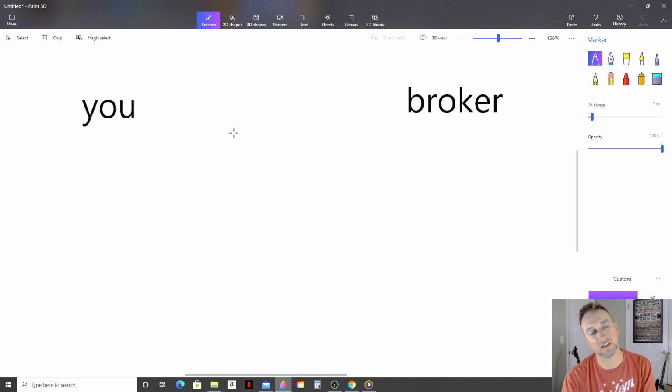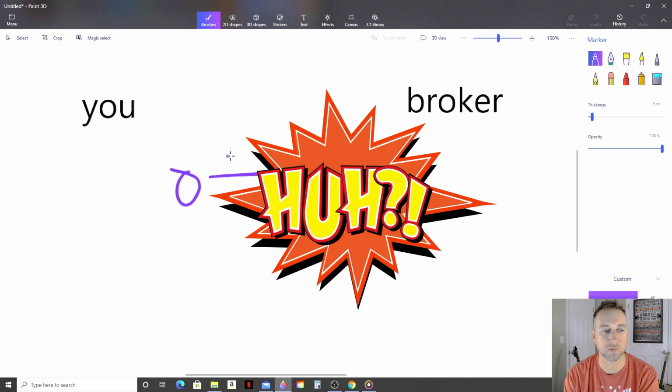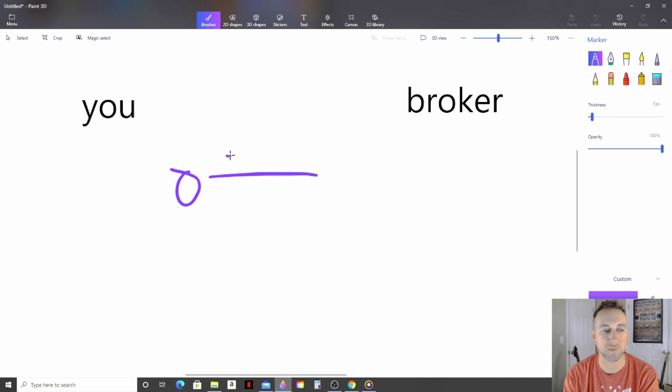When you buy a stock, you want it to go up, and you're going to make your money when it goes up. And if it goes down, then you're going to lose money, but you can only lose as much as you put into it because there is a bottom. There is a 0 point down here. So if the stock is right here when you buy it, the worst that can happen is it can go to 0. If you put $10,000 in there and it goes to 0, you lose $10,000. The difference between that and the risks of shorting is that the stock can go up forever.